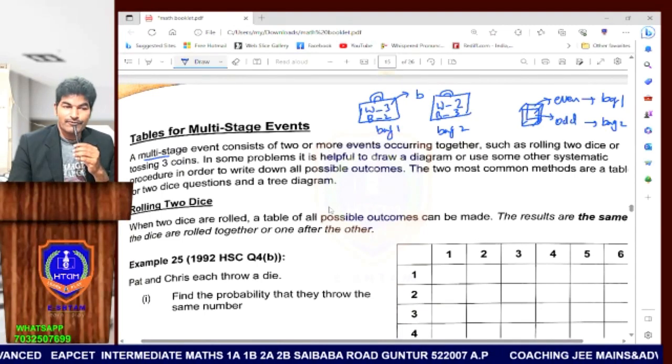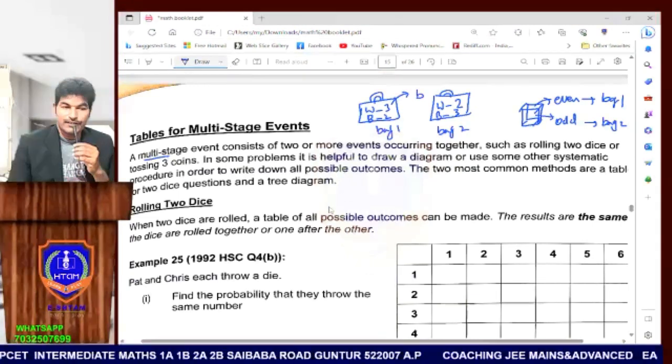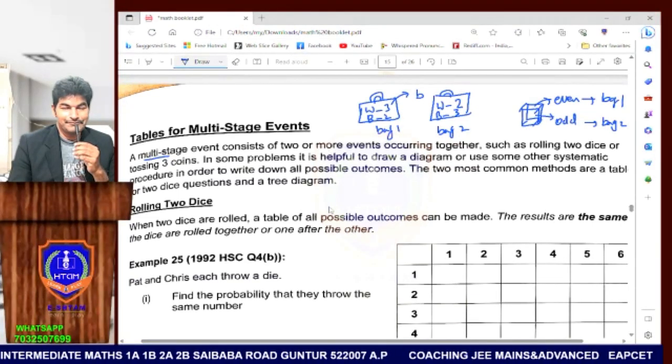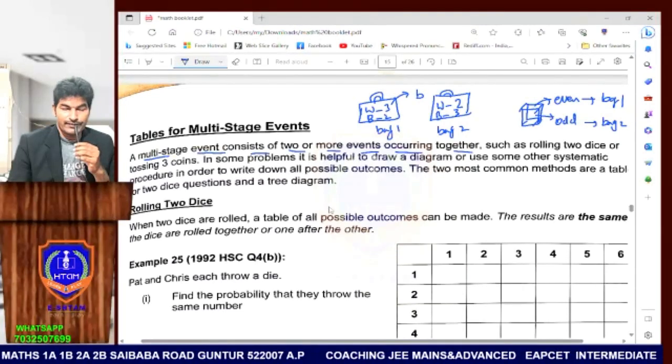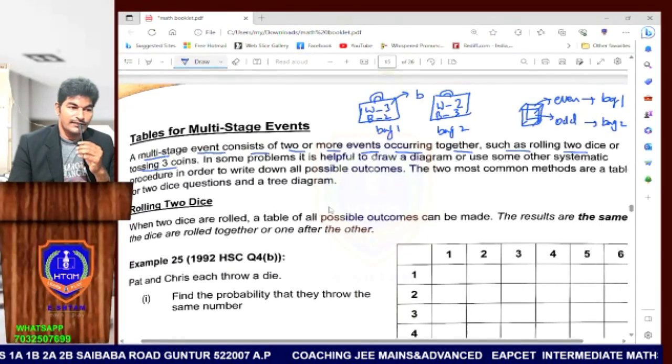According to that number, we will select a bag, and from the selected bag, you will draw a ball, and we will calculate the probability that the ball drawn from that bag will be a blue ball. So this is what multi-stage events are. Understood? A multi-stage event consists of 2 or more events occurring together, such as rolling 2 dice, tossing 3